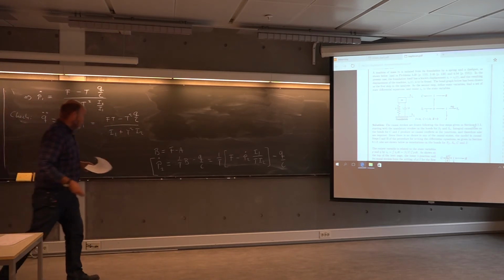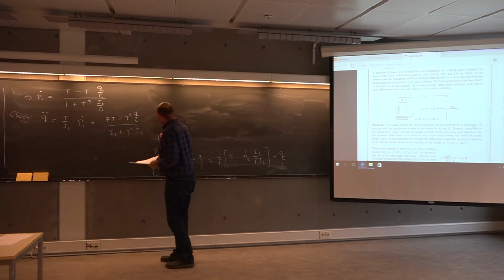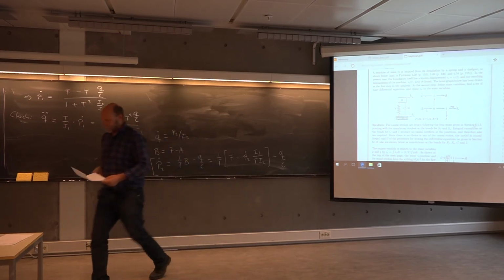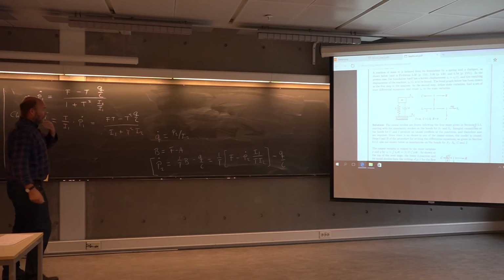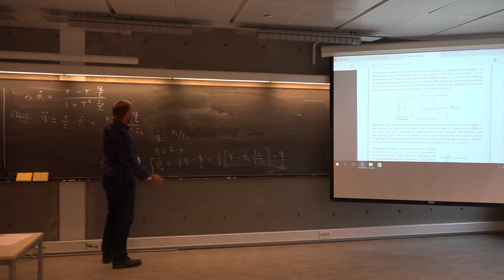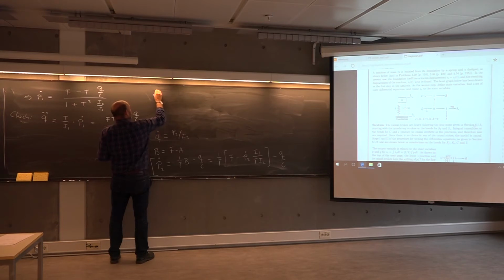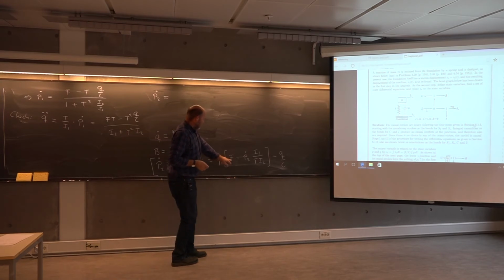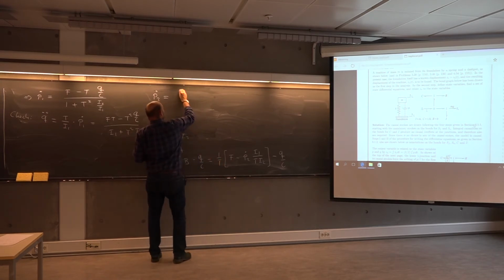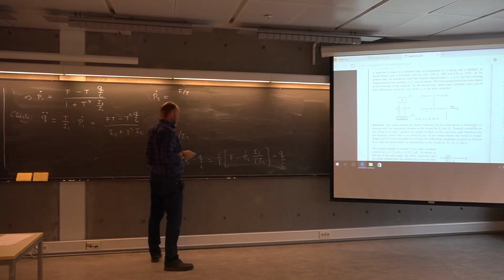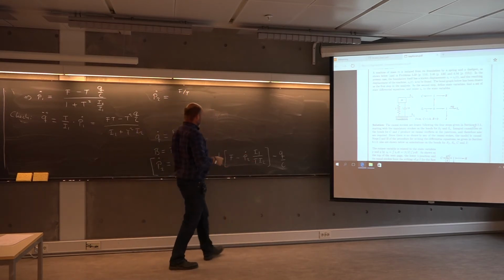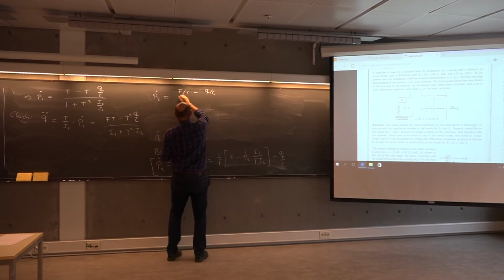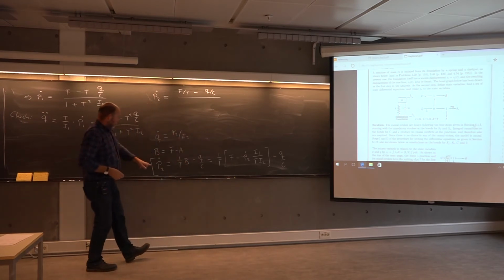Must be this one. Q dot was P2 by I2, wasn't that correct? Yep, good. Okay, let's rewrite this P2 dot. P2 dot equals, what do we have on the other side? F divided by T. F over T. This term goes on the other side. This we keep. Q over C divided by 1